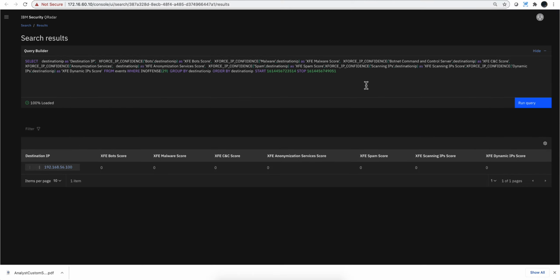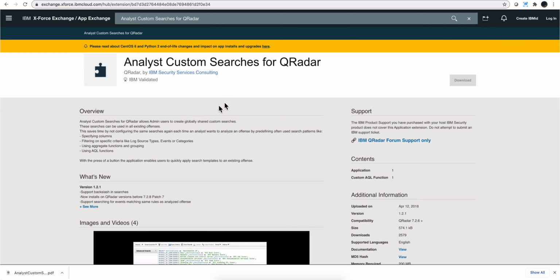And you can actually see the full AQL here. And it actually already ran. I don't have any results in there, but the point is to show the capability of having those searches working for you. And all you need to do for this is go into the App Exchange and install the Analyst Custom Searches for QRadar. And the installation is not,